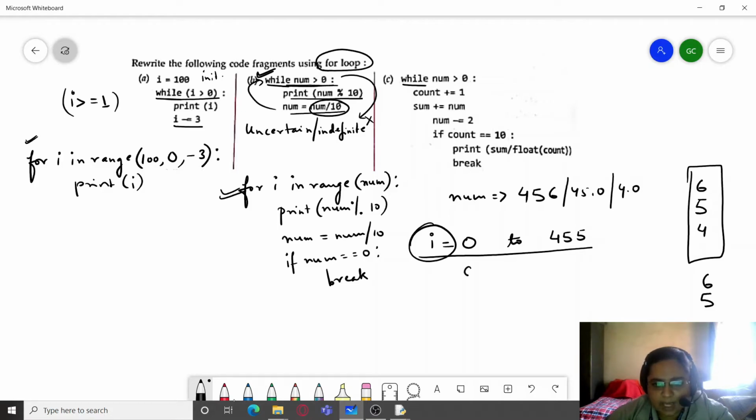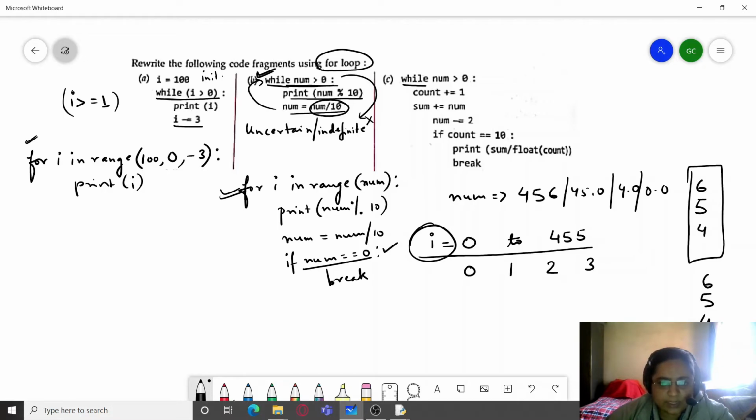Right now i has gone through 0, 1 and 2 iterations. Now it goes to the next iteration, and here 4.0 is there, so 4 will be printed and num will be divided by 10, so this will be 0.0, and this condition will now be true.